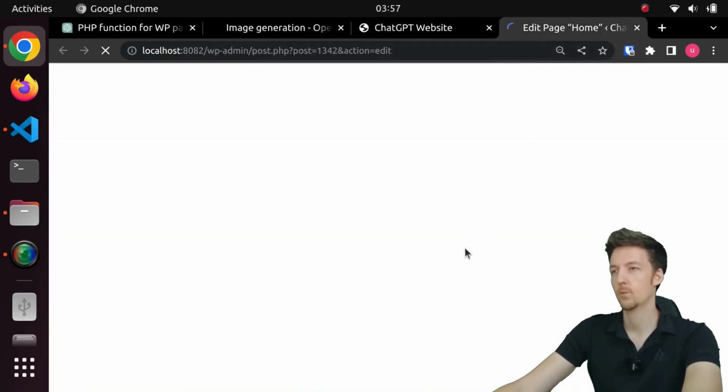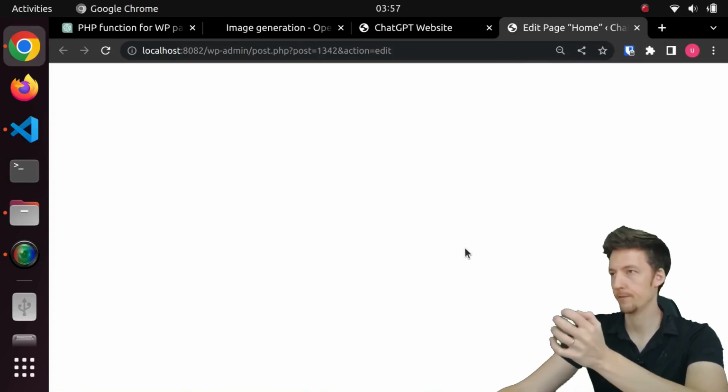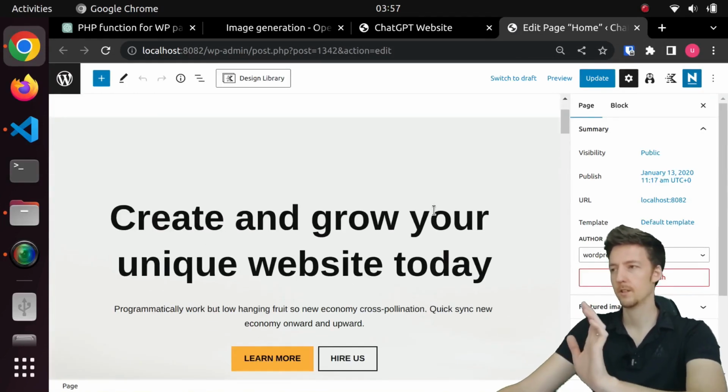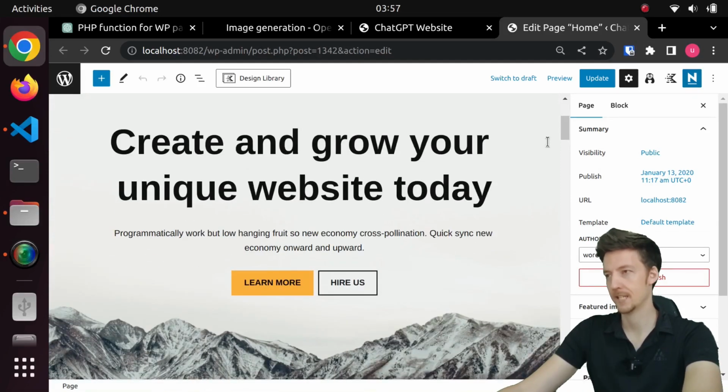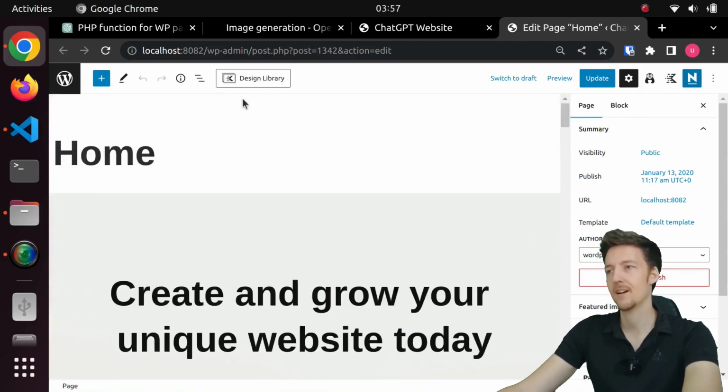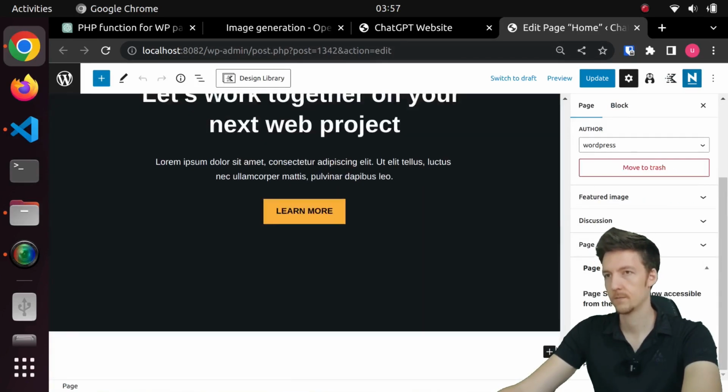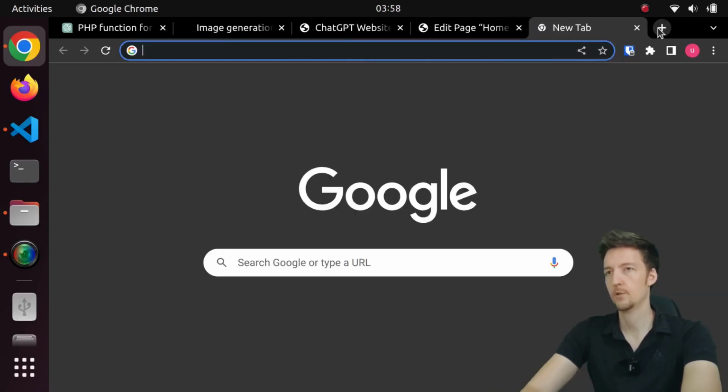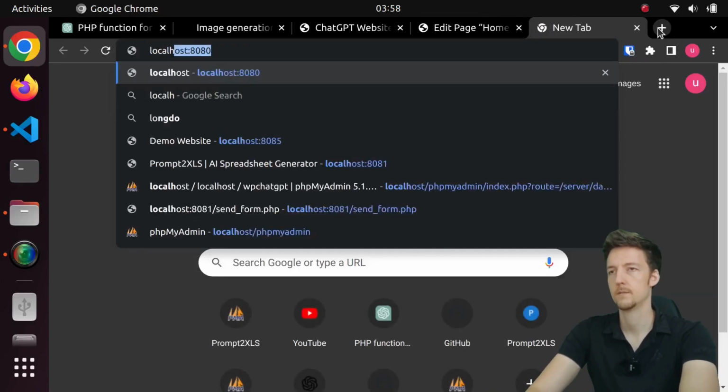section and see what is actually the source code of this page. So this is using Gutenberg to create this page, I guess. I have never used Gutenberg actually. So can I see the source of this page? Apparently not. So let's go to phpMyAdmin